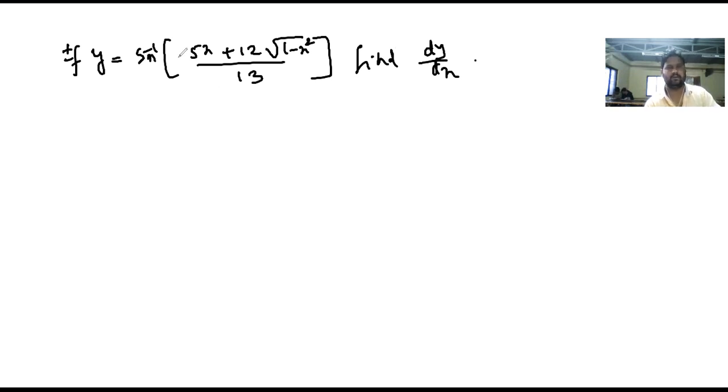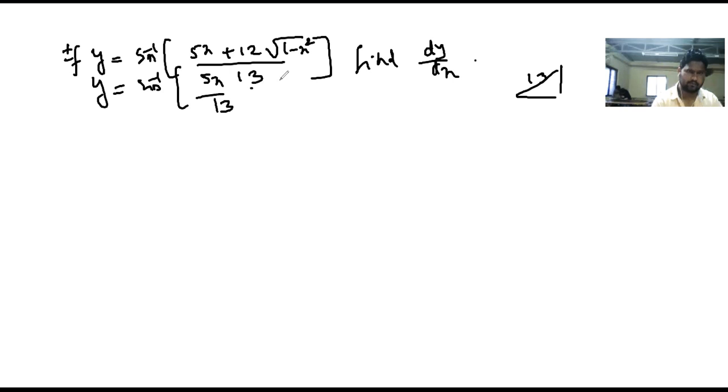See, observe that the numbers 5, 12, 13 are Pythagorean triplets, right? Their hypotenuse must be 13, so we can use 5 or 12, either one. Now if I write this as y is equal to sin inverse of 5x by 13 plus 12 by 13 into